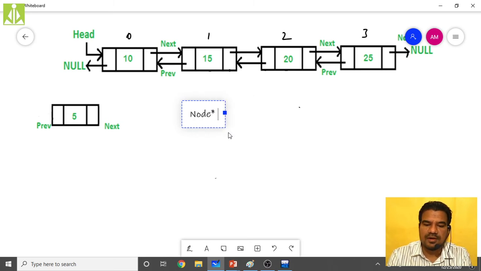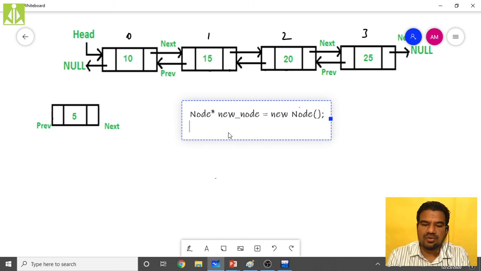Node star. If we are calling the newly created node new node, then new node equals use the constructor to allocate the memory, like this. So this will become a full node. As a next thing, I have to assign that value 5, which we have taken as an example.